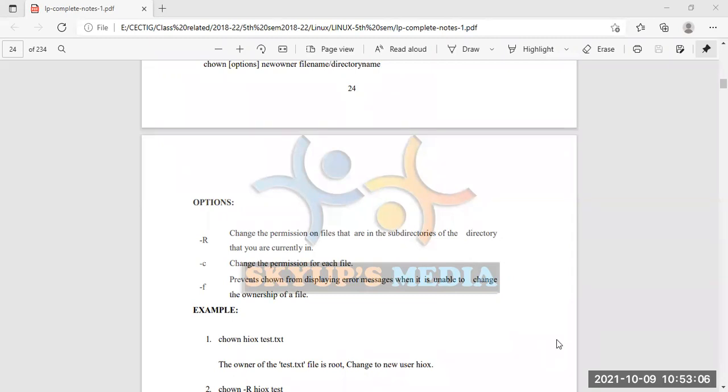So that is a system side command, CHOWN. So any user should not know about the particular things. Any user doesn't have the right to know anything. So if there is an error, if there is a fault that occurred, in that particular case, the CHOWN minus F option will prevent the error message from being displayed. The error message will not be displayed.